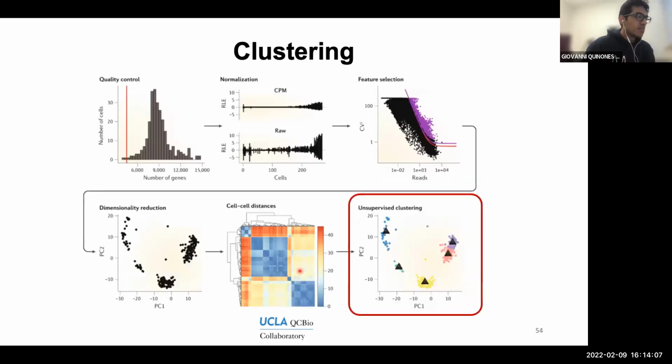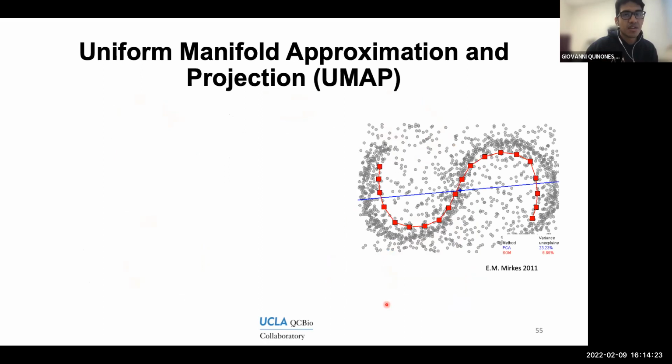And so once we have defined these cell-to-cell distances, we can move into our unsupervised clustering. We'll execute the code for these 2 steps together later. And for this unsupervised clustering, we're going to use this method called UMAP. What UMAP stands for is Uniform Manifold Approximation and Projection. And I included the full name because I believe it's very descriptive and it's already telling you something about what